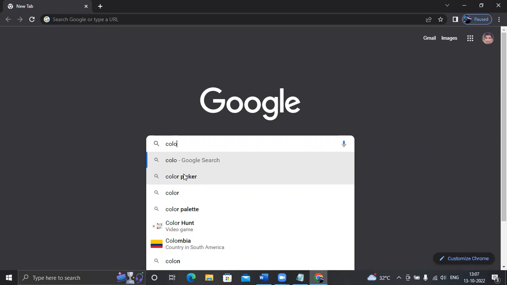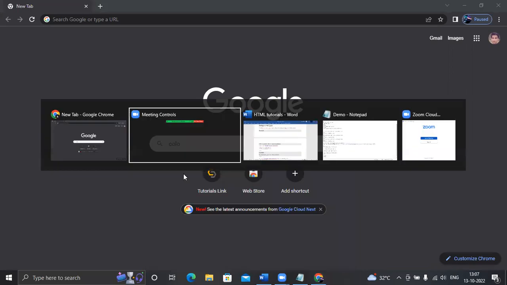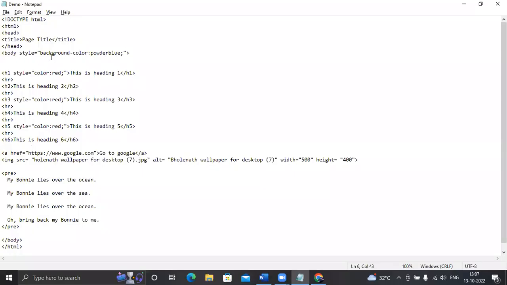Suppose here I have written background color, that COLOR, powder blue. If you write COLOUR, that will become false and your program will not be executed.